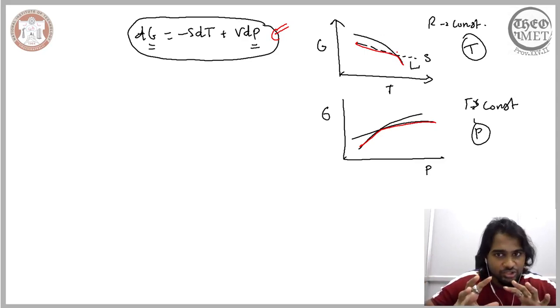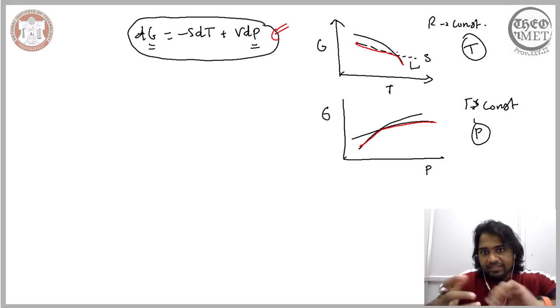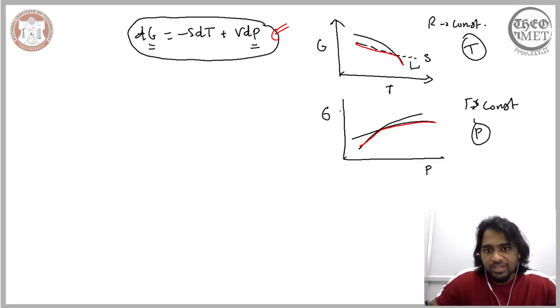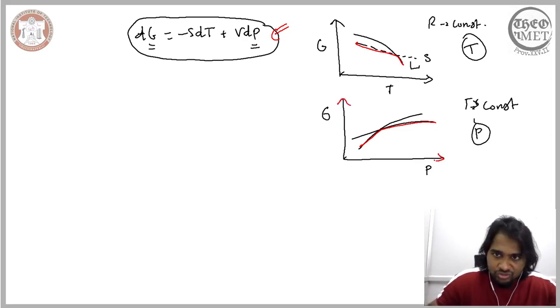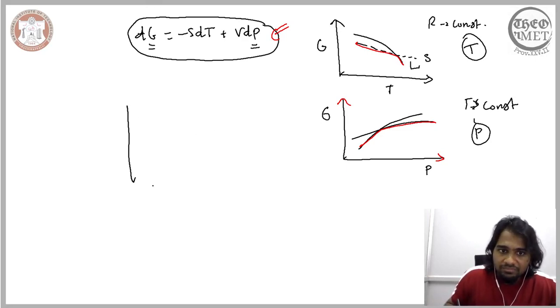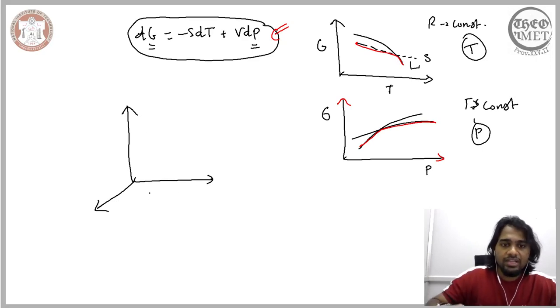Now in the previous lecture, what we essentially did was combine these two expressions. The reason we have just a two-dimensional representation, a curve that represents the change in the Gibbs free energy with respect to temperature and another curve with respect to pressure, is because we have assumed one of the other variables to be constant. Now, when we consider a more generalized case wherein both variables change, a two-dimensional representation will not be possible. So we need to go for a three-dimensional representation.